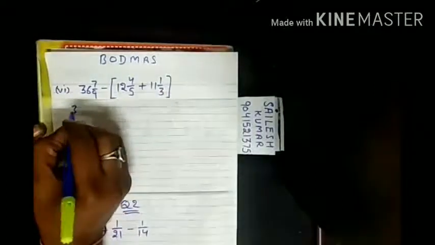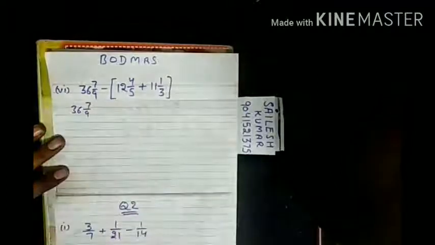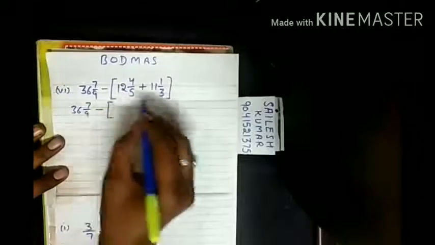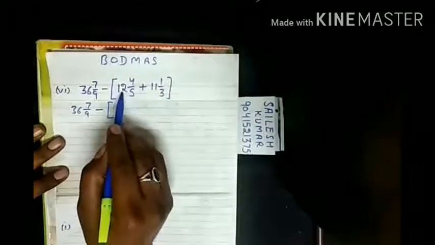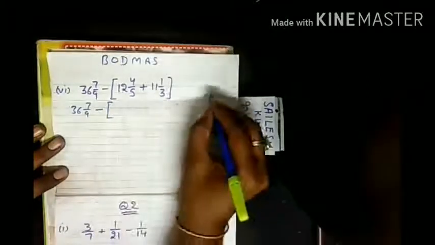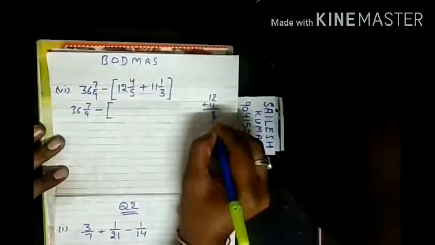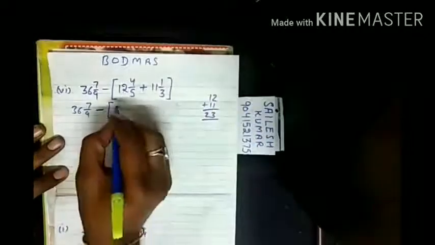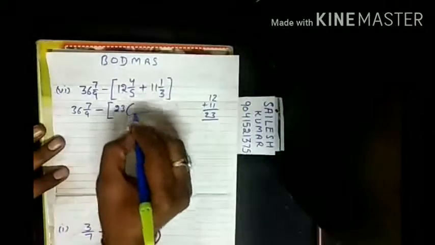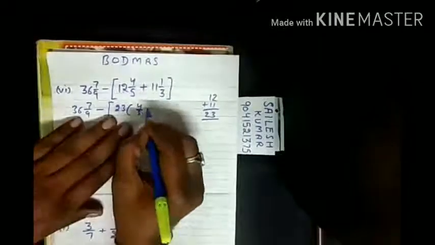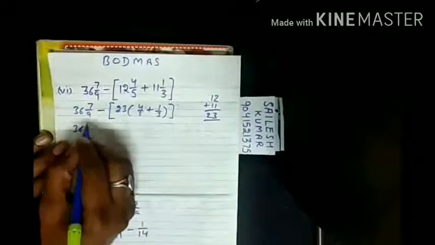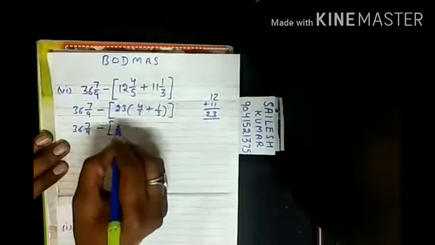So 36 and 7 by 9, we will write it just as it is, and here this is 12 and this is 11. What will we do? We will add them. 12 plus 11 in the rough work is 23. So I will write directly 23, and here I will add these fractions. Now 36 and 7 by 9 minus this 23,